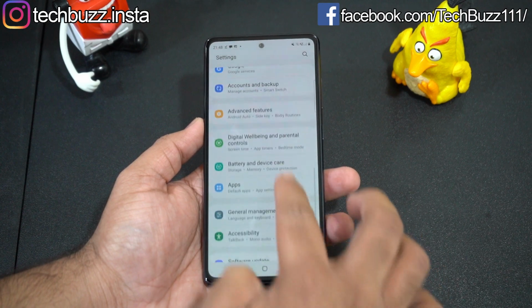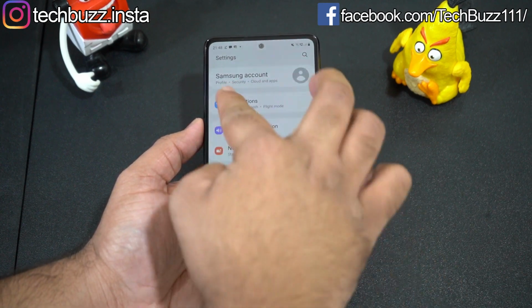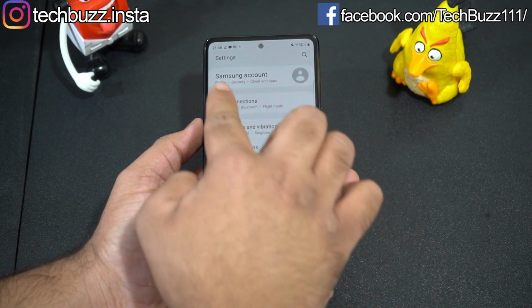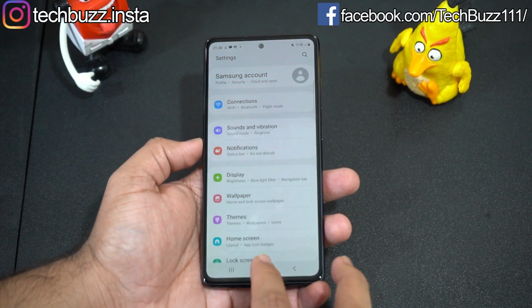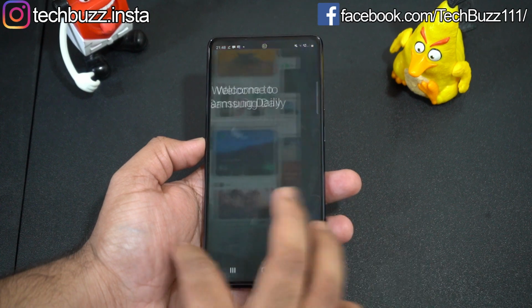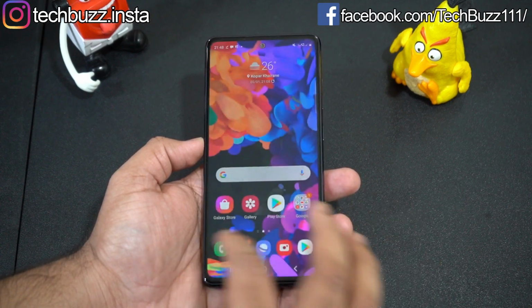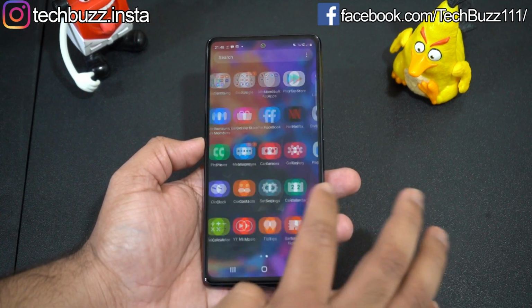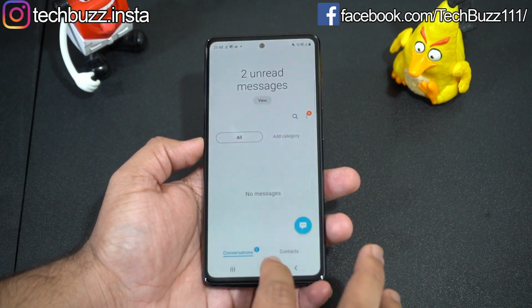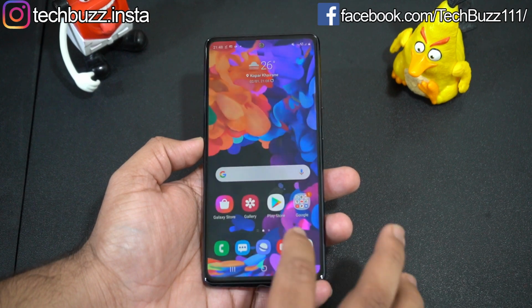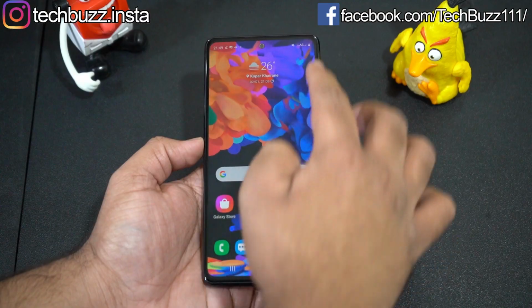First of all, you can see the new icons on the settings page. They look much more colorful now, giving a fresh look, and the Samsung account is shown at the top center and it's much bigger now. There is no difference in the stock app icons. They still have the rounded edge circular look, but the animations feel much smoother. The animations feel much more refined. There's no frame drop or jitteriness even while swiping or opening any apps rapidly, and there is a slight improvement in the opening time of apps.